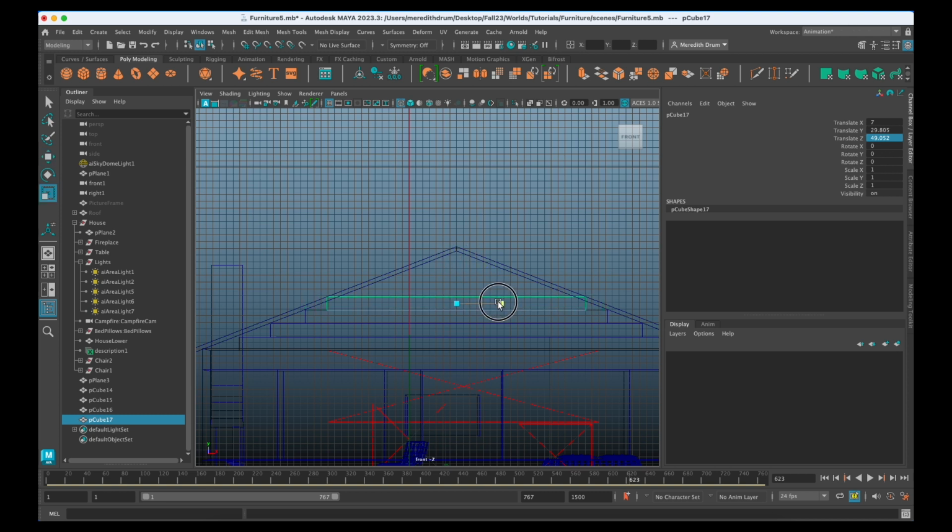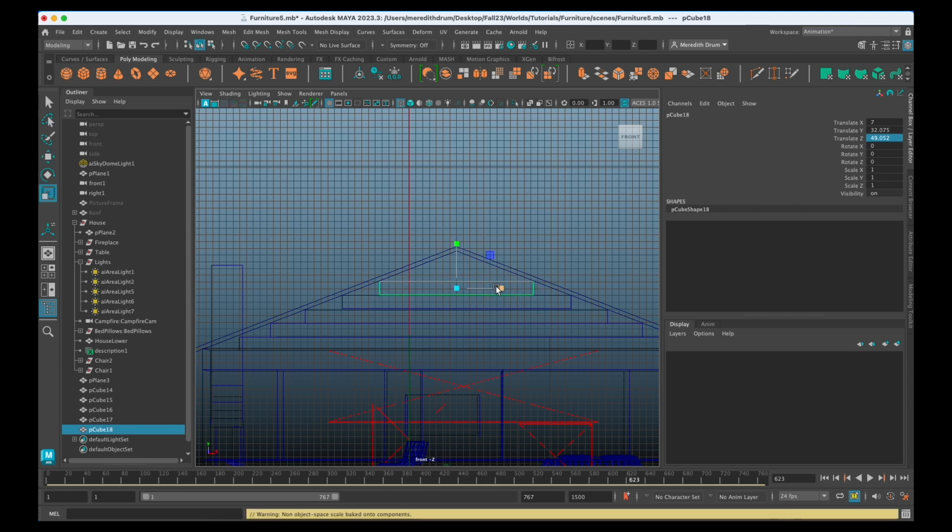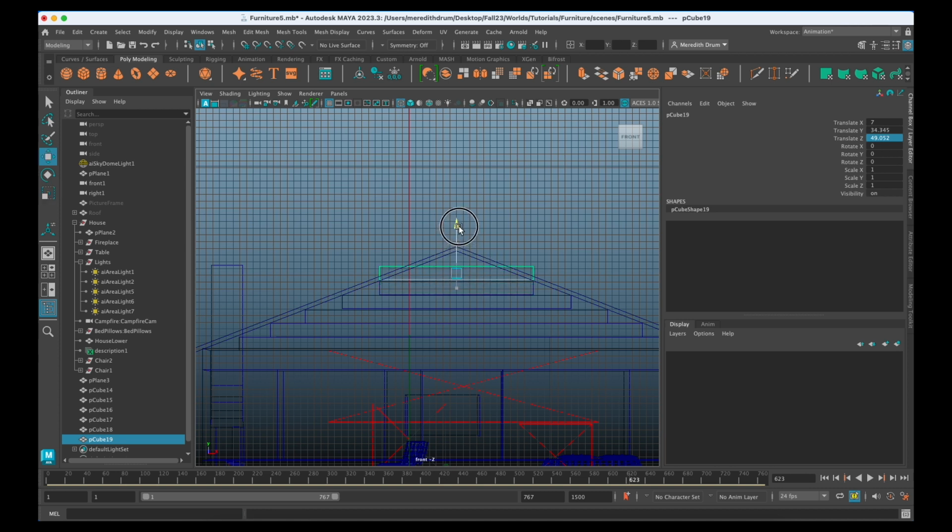And you can make these slightly different sizes so they're more like wood if you wish. Duplicate up, make it smaller. I think I need that one to touch a little bit more. Again, I'm not going to get too finicky with it. You're welcome to spend as much time on this as you wish if you want to get more detailed, and then this little one at the top.